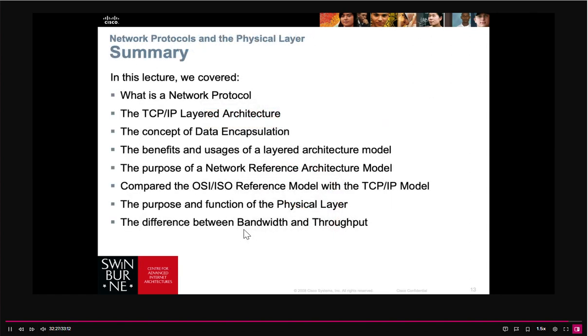And with this, we conclude this first lecture. Just as a summary, we covered network protocols, what they mean, what they're used for. We covered the TCP/IP layer architecture. We discussed the concept of data encapsulation, the benefits of using a layered architecture model. We discussed the purpose of a network reference architecture model. We also compared the OSI model to the TCP/IP model, and we briefly touched base on the physical layer by discussing the main purpose of the physical layer and the concepts of throughput, bandwidth, and